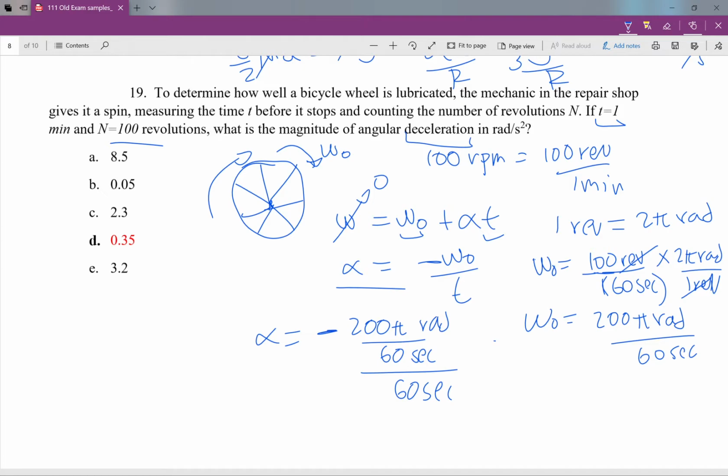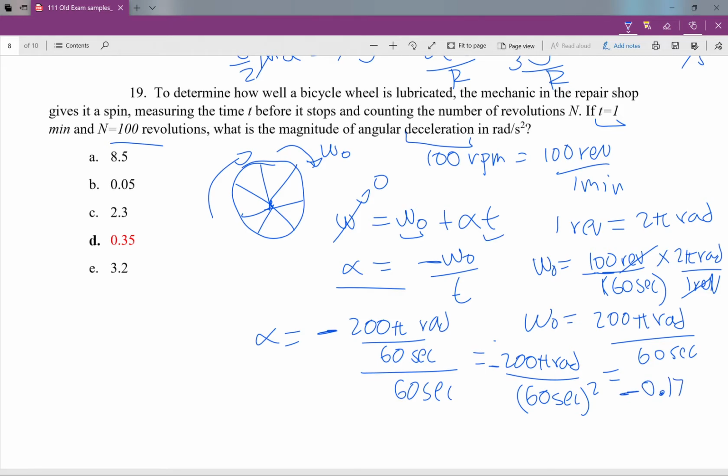So 200 pi radians divided by 60 seconds squared. If I plug that into the calculator, 200 pi divided by 60 squared, since we have a negative in front, we have negative